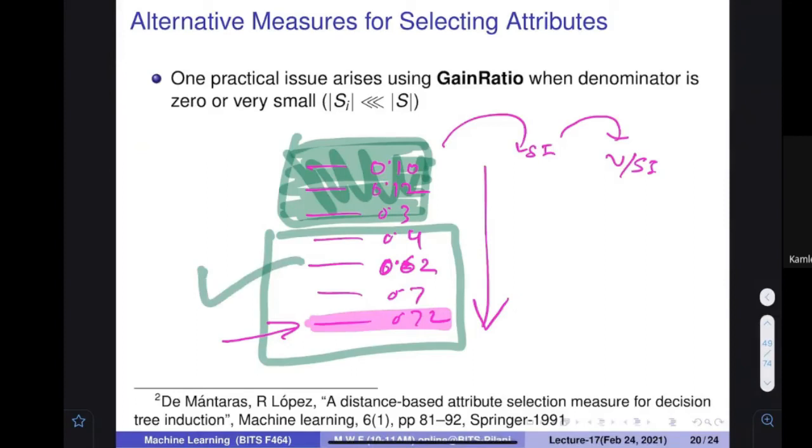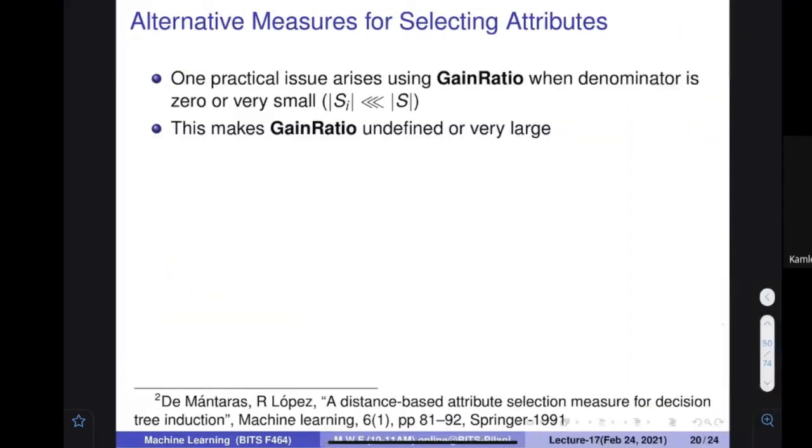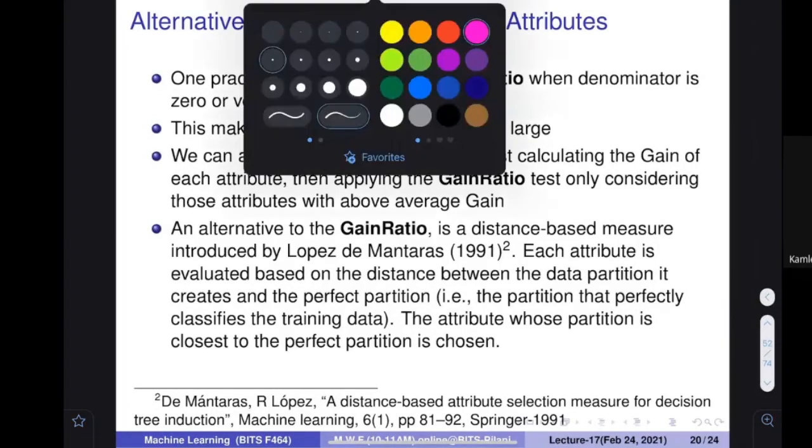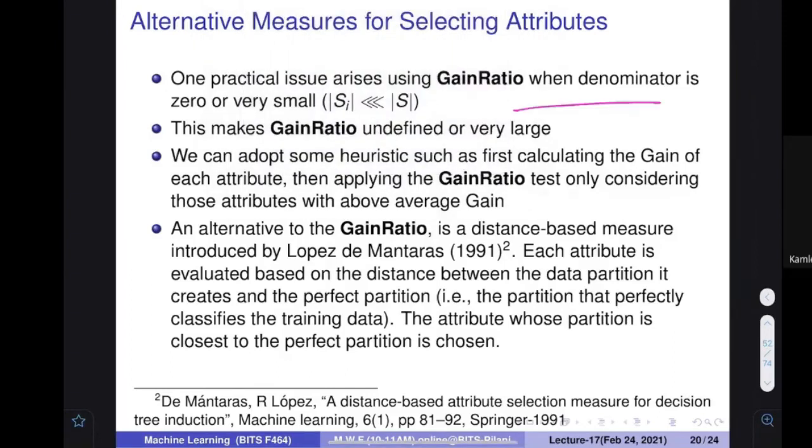So if the information gain is larger than some threshold, only then do you apply the method and find the right value. Very interesting idea. Please read this: not for all the values, only for the items which actually have the higher information gain do you find the gain ratio, and then out of them you select the best one.